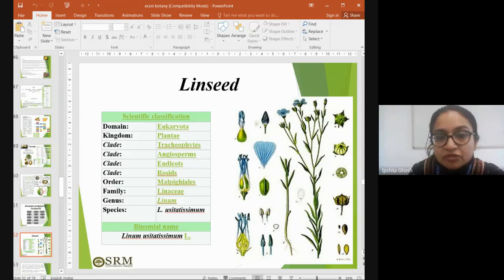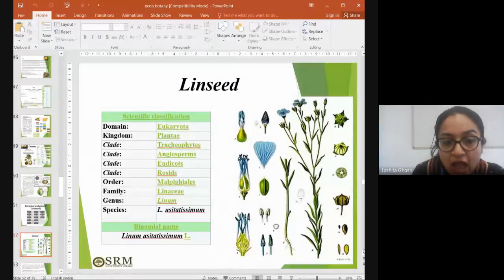So now we have linseed and brassica also in our syllabus. So linseed is another kind of fatty oil, like oil extracted from linseed. It's a kind of seed from which we extract, and it belongs to the family Linaceae, and the scientific name is Linum usi